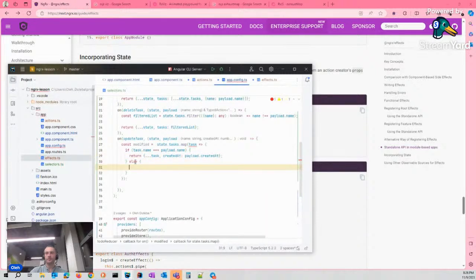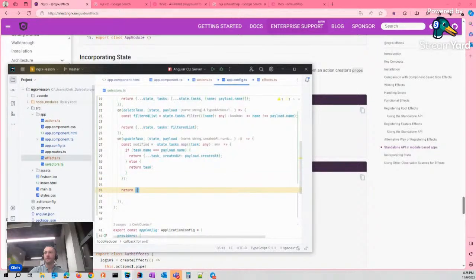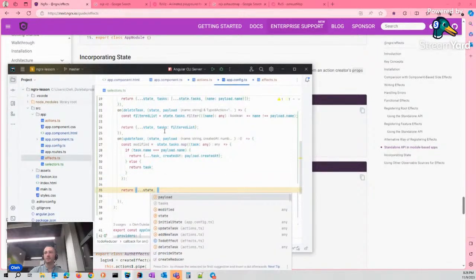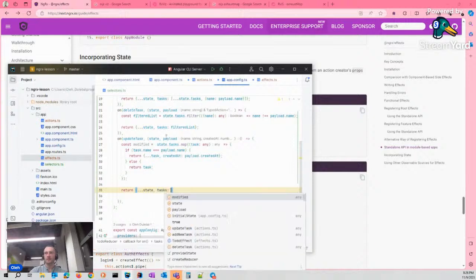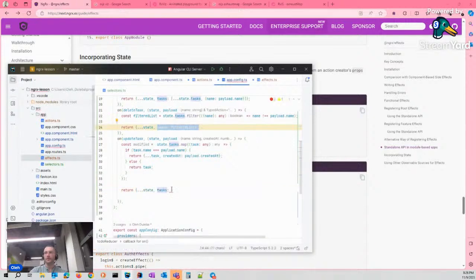If that's not the same name, it means that's another task. We just return the same that we get, without modification. And this modified object we have to pass back to tasks, like the previous example. Task and modified.